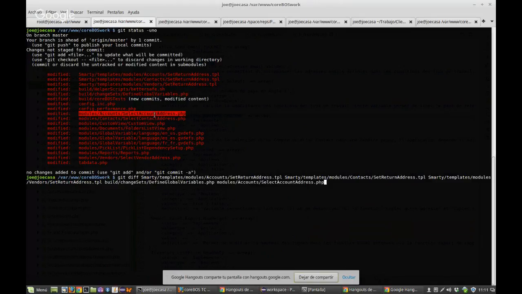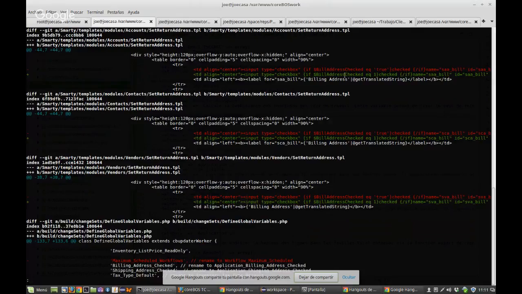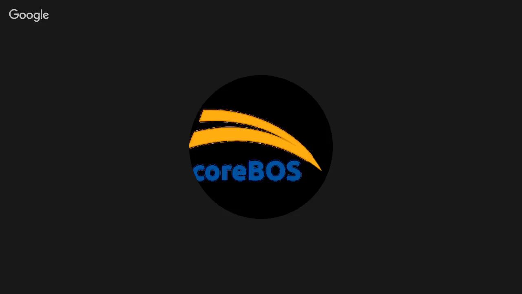Define global variables, the 3 variables in the vendors, and that should be it. Custom, these are mine. Okay, and the module global variable definitions. It says here that I've changed the set return address template, yes, and the changes from billing address equals true to equals 1. I did the exact same change in module contacts and in vendors. Okay, then it says that I changed